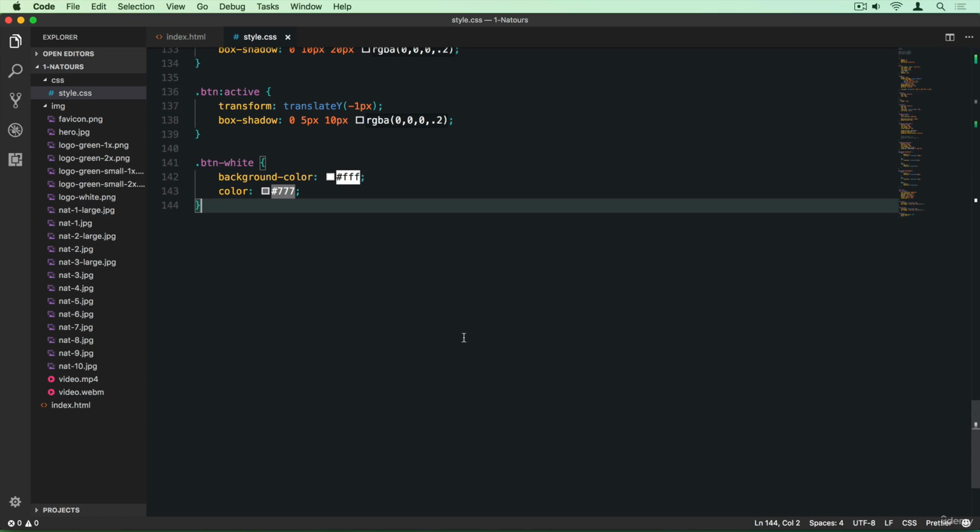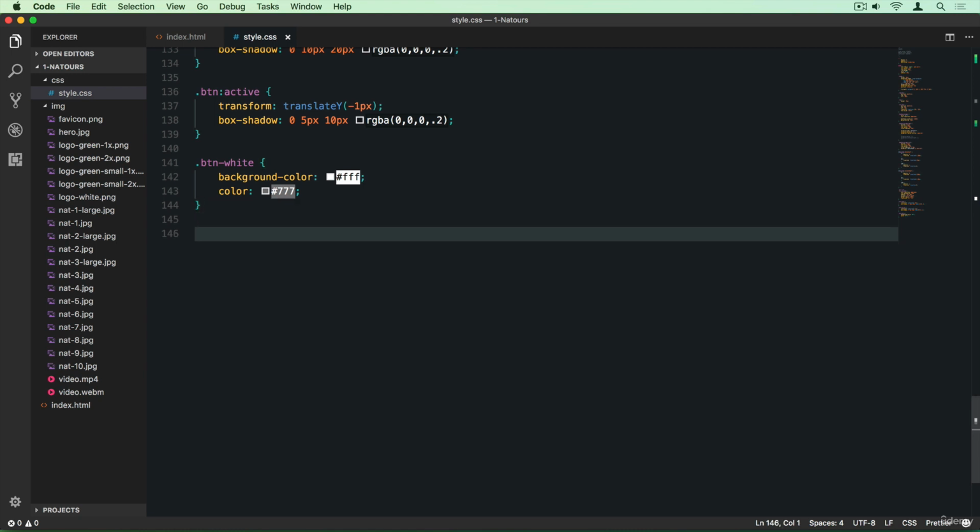So as I said, we're going to use pseudo elements. And pseudo elements allow us to style certain parts of elements. For example, the after pseudo element that we're going to use adds a virtual element right after the element that we're selecting. And we can then style that element. And so using this after pseudo element can be really powerful to do some cool effects. And once you master it, you're going to want to use it all the time. So let me just add